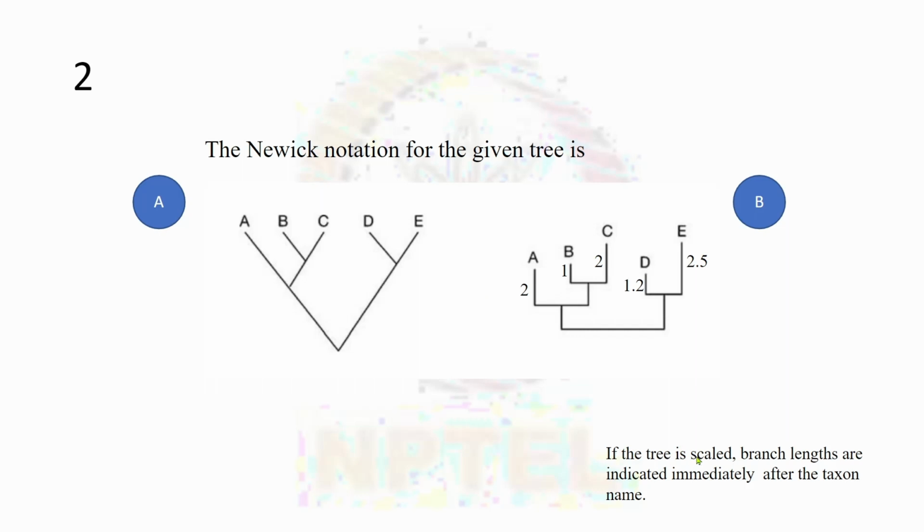So if the tree is scaled, I told you there is weighted and unweighted. So this is the difference between the weighted and unweighted trees. The branch lengths are indicated immediately after the taxon name. So when you are generating a Newick format for the given trees,